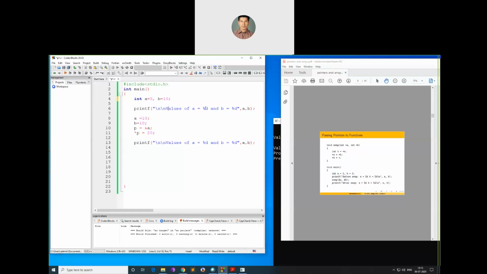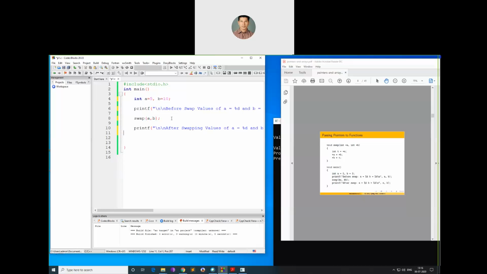I will print initially a and b. I know it. This particular function is written as swap in a function. You know what functions are, so I'll assume that you know functions. Maybe functions will be considered in the basics again later. So I'll say before swap values of a and b, and after swapping values of a and b. I will call swap and I will pass a comma b.